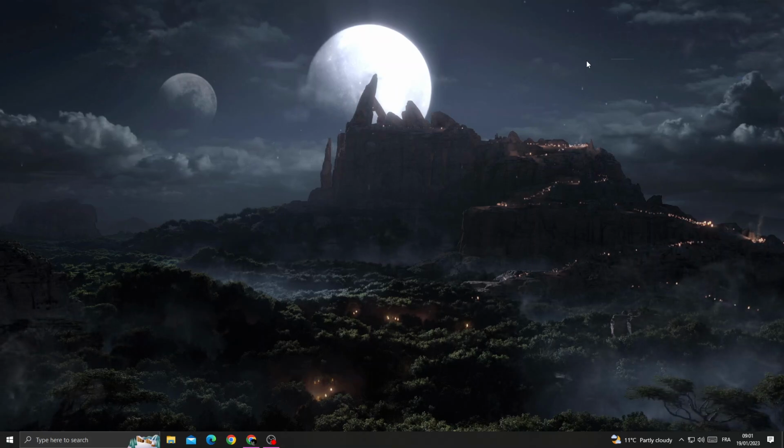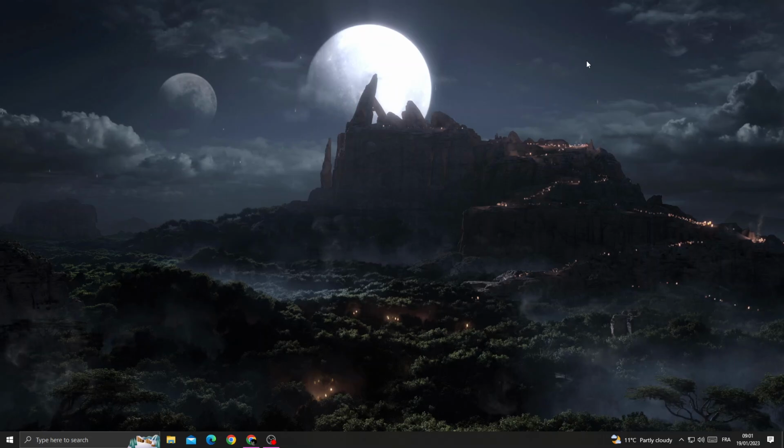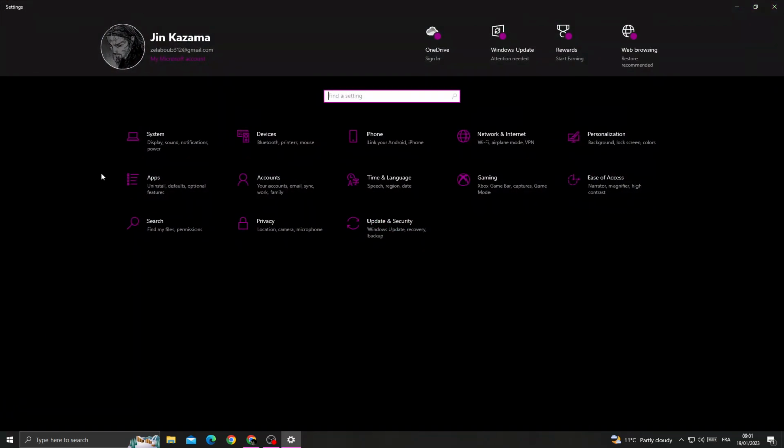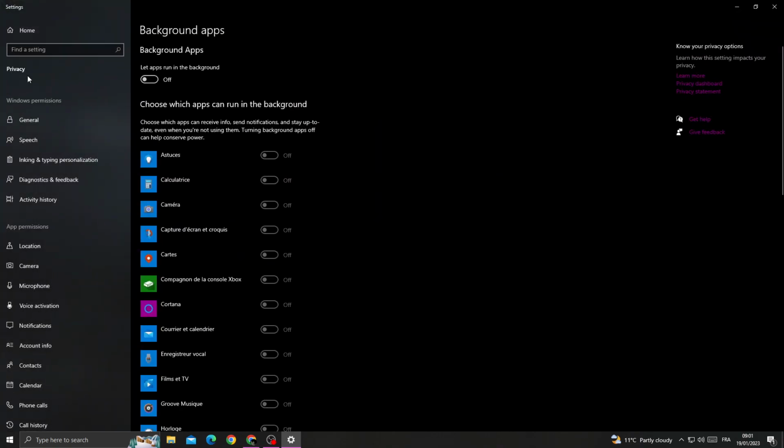If you want to fix this problem, all you need to do is easy. Just go to settings and then apps. Now type here background apps, and that's it. You will find it like that. All you need to do, just turn it off